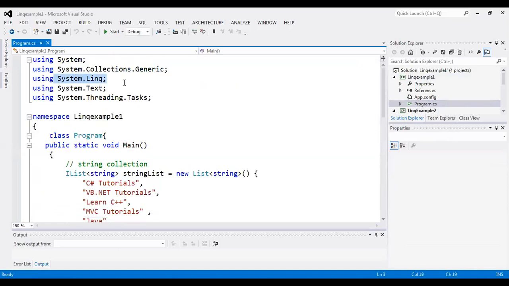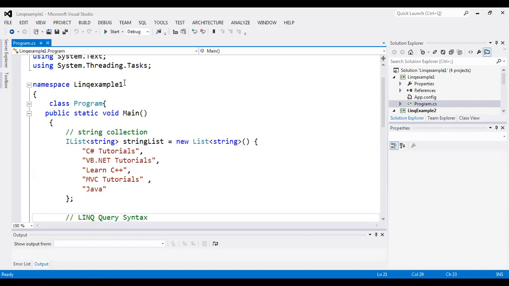Now for using LINQ, you just need to import only one namespace, which is System.Linq. Then within a main method, I have taken simply a collection of string values. String list is the name of that collection, equal to new list of strings. Then within that I have initialized the values as C# tutorials, VB.NET tutorials, Learn C++, MVC